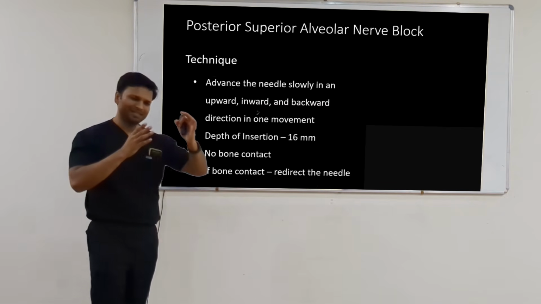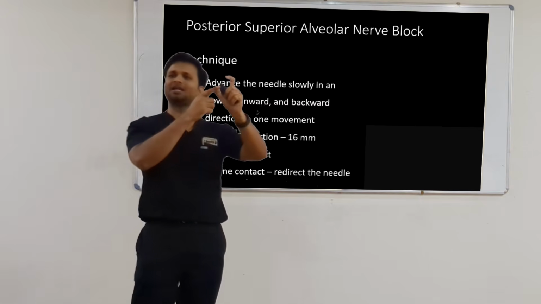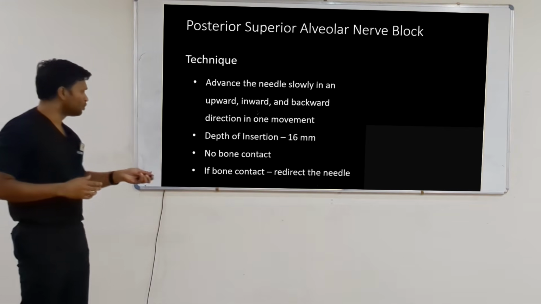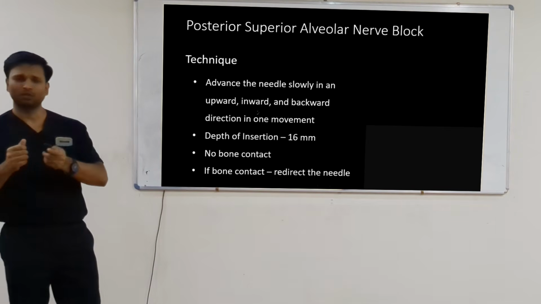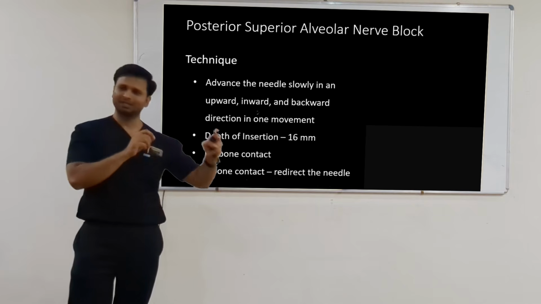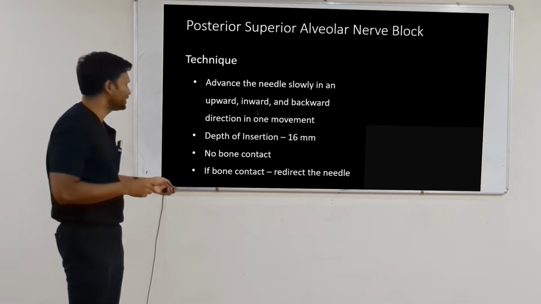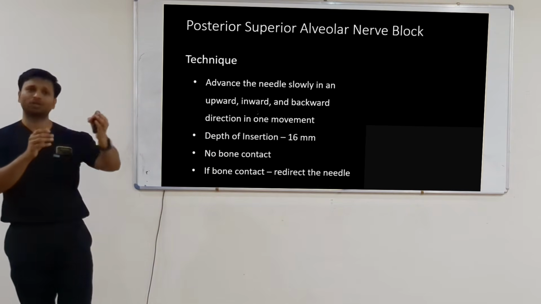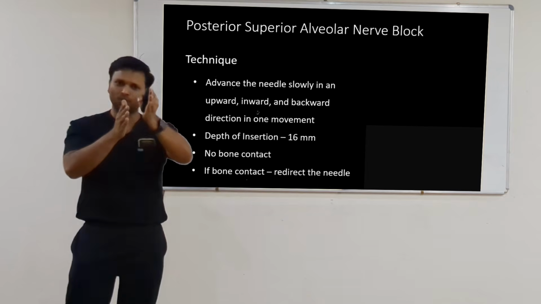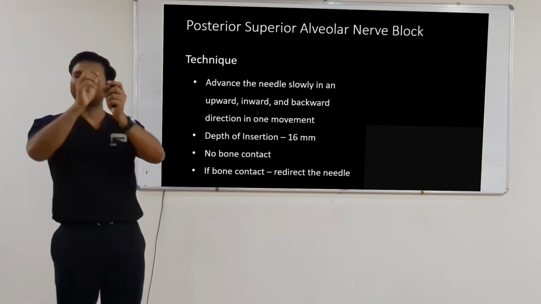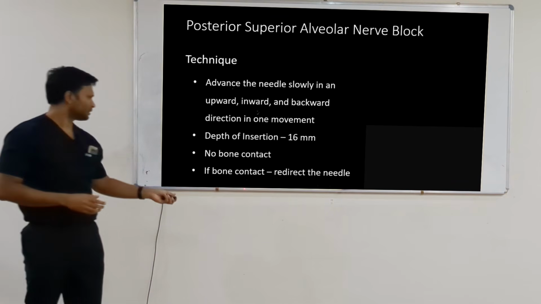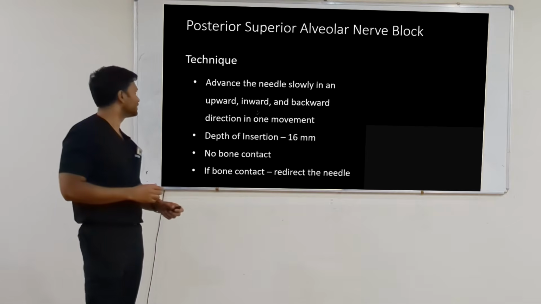The amount of needle insertion, soft tissue में insert करने के बाद कितना needle soft tissue में होना चाहिए, that is 16 mm. And there should be no bone contact. अगर bone contact हो रहा है, you need to either take the syringe, the needle out and insert the needle at the correct position. And if the needle insertion is at the correct position, then you will have to redirect the syringe. But needle पूरा insert करने के बाद redirect नहीं करना है. Pull the needle out. Make sure that only the tip is inside the soft tissue and then redirect. Okay? And again, if bone contact is there, redirect the needle.